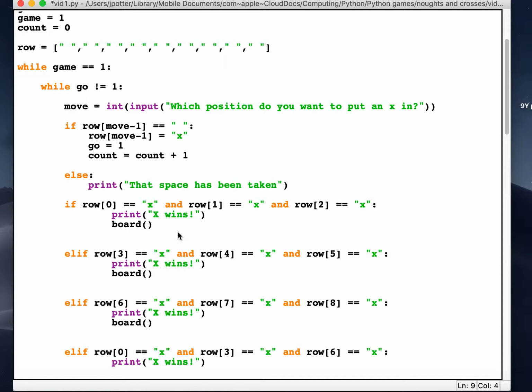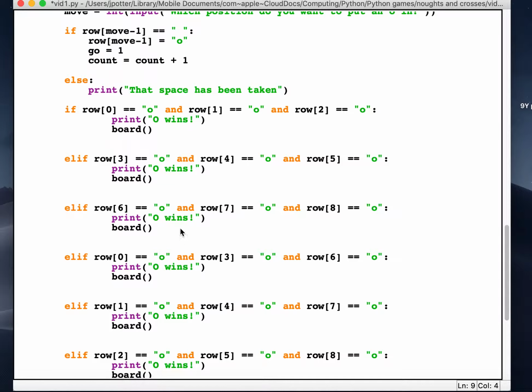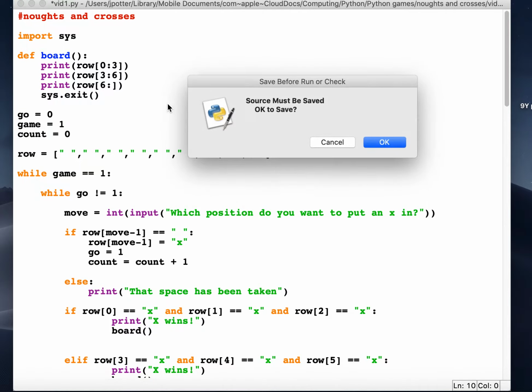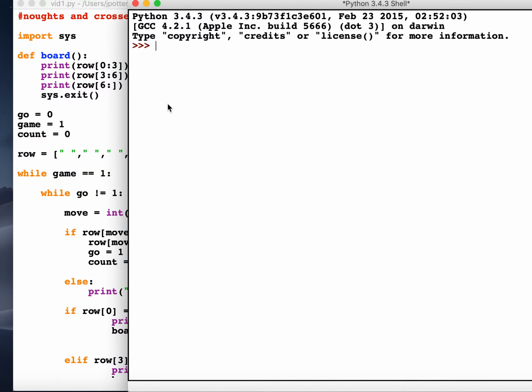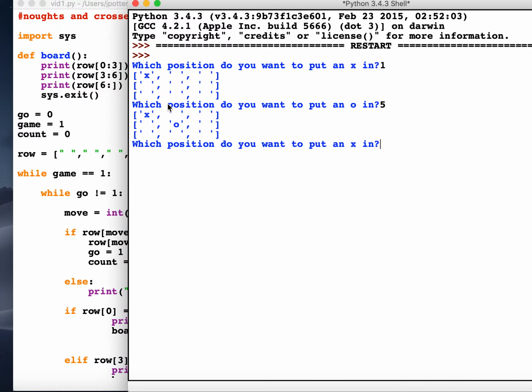Okay, so we've got the different permutations for X, we've got the different permutations for O, we've got the function where we're calling it here, which should give us a printout of the board and end the game. Okay, so let's go ahead and see if all that works. I will try and win a game here. We'll just do it very quickly.